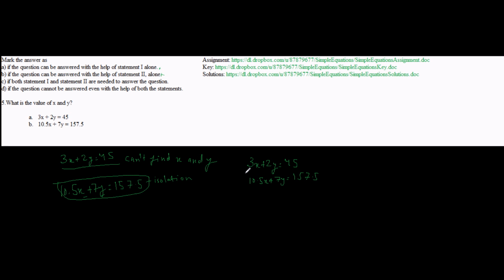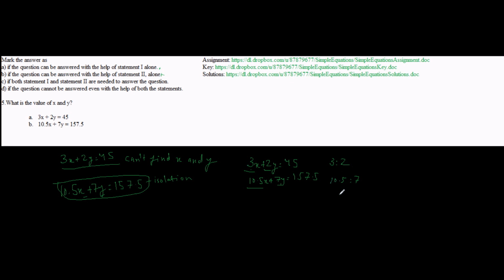But then, as we discussed in our previous video, we have to be careful in these cases, and we have to look at the ratio of the term with x and the term with y, that is the coefficient of x and coefficient of y, which is 3:2. In this case it is 10.5 is to 7. Check whether they are the same or not, because if they are the same, then we have a redundancy. The equation is either consistent or inconsistent, but in any case unsolvable.